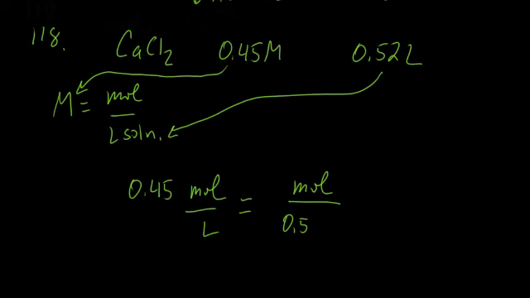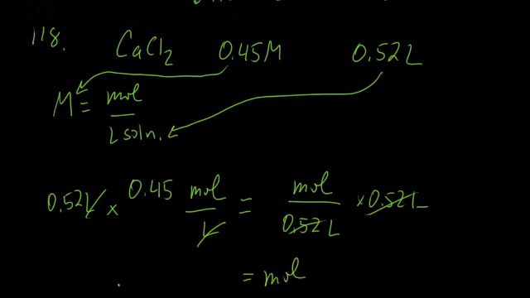We have this in liters already, so that's really nice. 2 sig figs, we need to multiply both sides by 0.52 liters. All right, so 0.52 multiplied by 0.45 equals 0.234 moles. We need to reduce it to 2 sig figs, so this is going to be